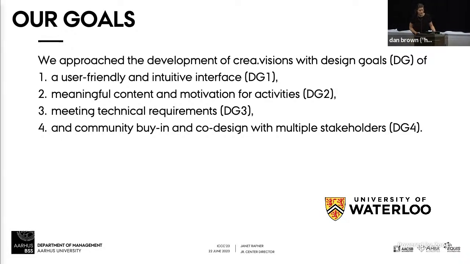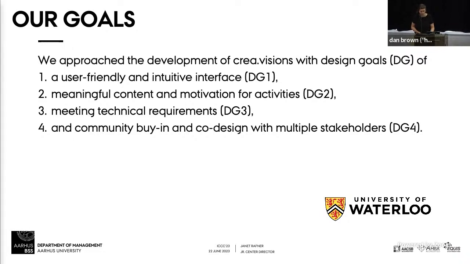So our second design goal is meaningful content and motivation for activities. There's no point in doing this if people aren't motivated to think about problems that they face in their community. Lastly, third, to meet technical requirements. I'll go through some of the technical issues that we've had when developing something that is used at scale and in many different contexts. And lastly, and I think most important and most difficult, is the community buy-in and co-design